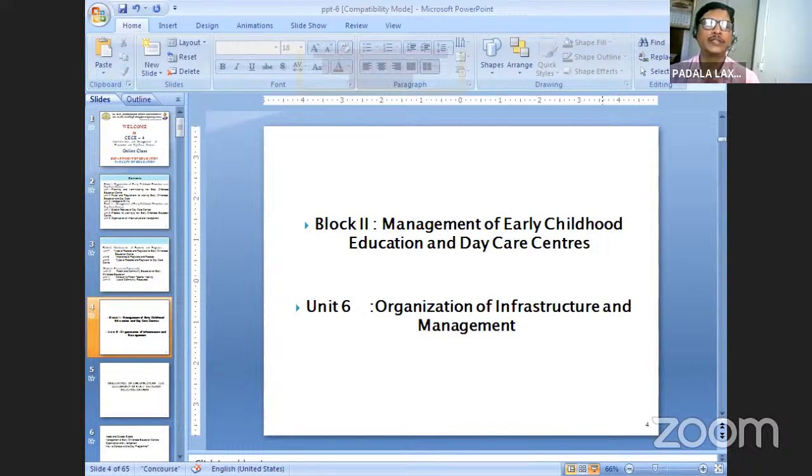And science area. The science area will be arranged to encourage scientific knowledge, scientific